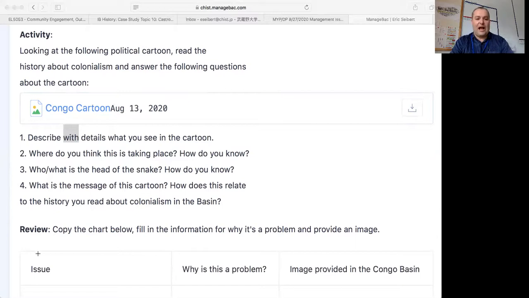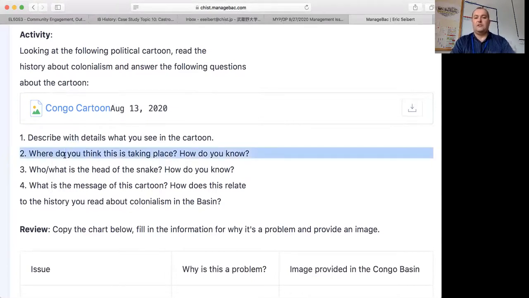And then without showing them the title, which I have here at the bottom, once we got all of these details out, I went on to the next, which is the obvious. We know it's in the Congo, but where in the Congo, and how do you know? So what are some other details they see? Well, some were able to figure out that there's some kind of water here. Are there rivers in the Congo? Are there lakes in the Congo? Is it attached to an ocean by land? Because Congo geographically is in the middle, but in the old Congo, they have a piece of land that actually connects to the Atlantic Ocean,